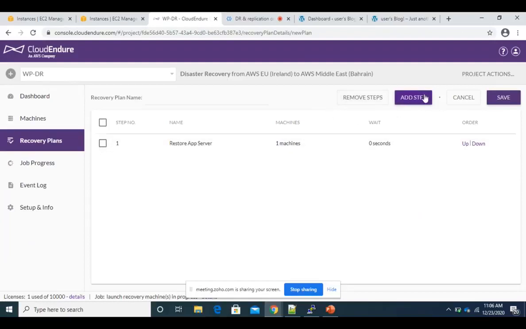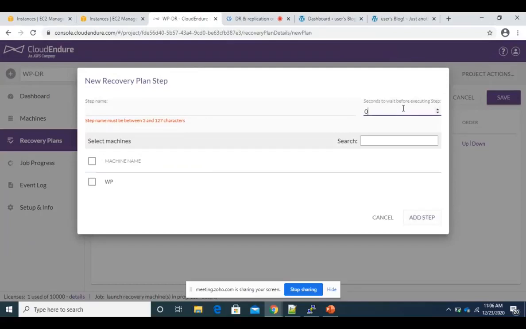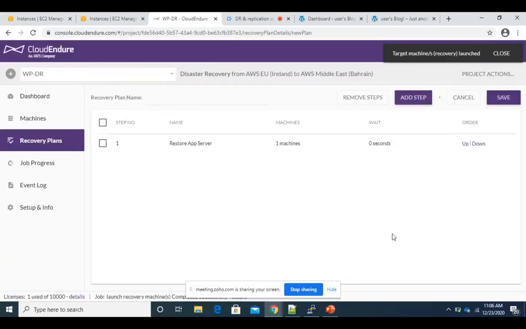If I add a step, you see there is a wait time, so you can define for how long you have to wait before executing this step. So it could be 5 minutes. For 5 minutes, just specify 300 seconds and you should be fine. Likewise, if you have multiple machines and you have a dependency on a certain other machine, you can configure it in your recovery plan.